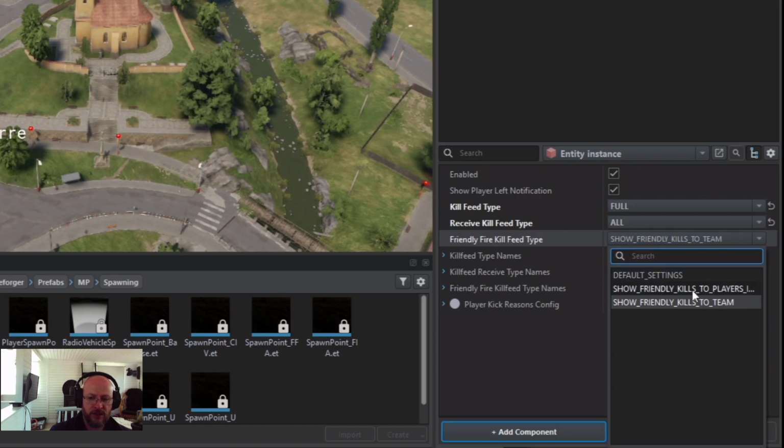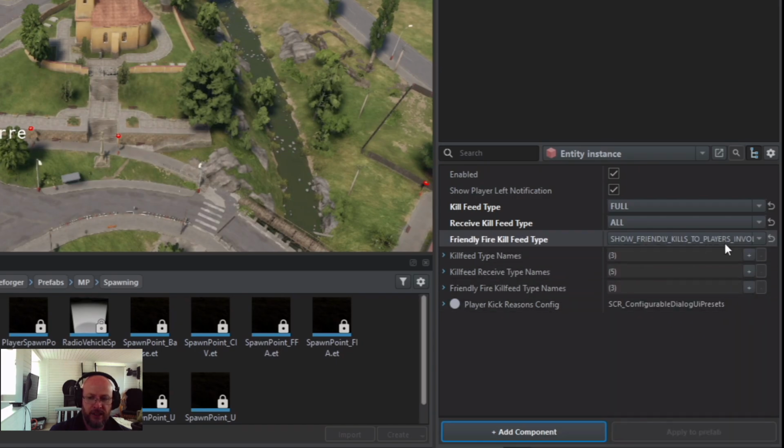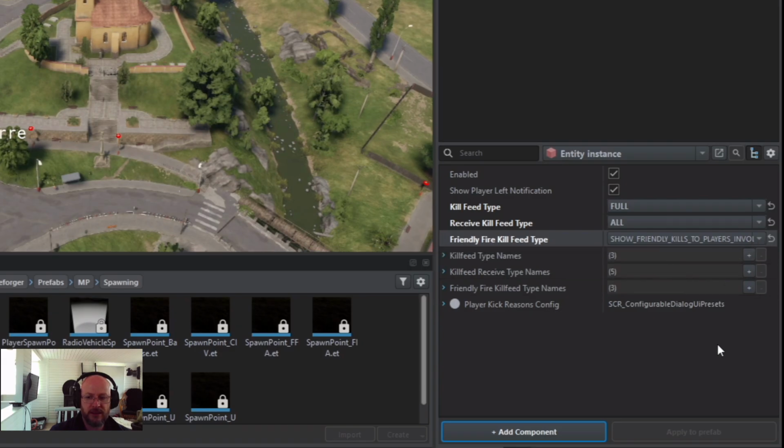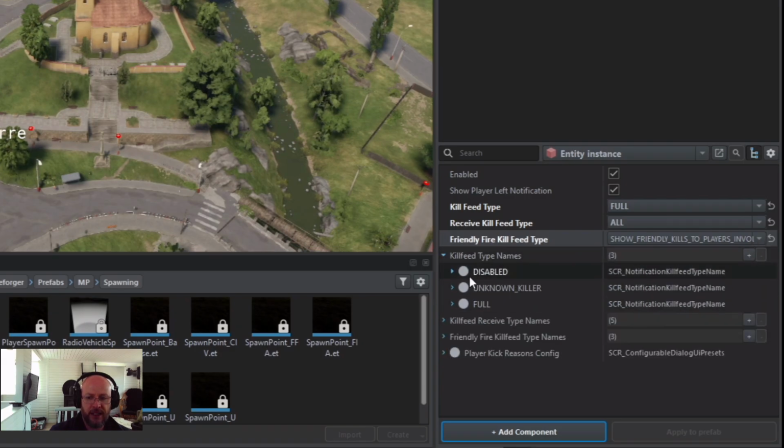You can set it to default, and then the other one is only show the players involved. It just means that people are not going to get upset. So if you accidentally kill someone, it's only between you and the other person. You can have the different, these are like